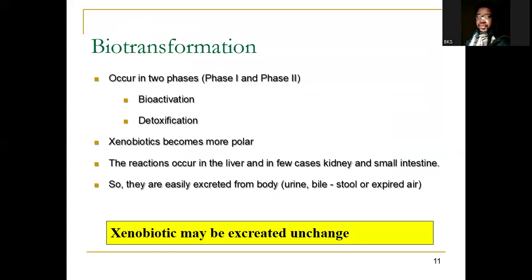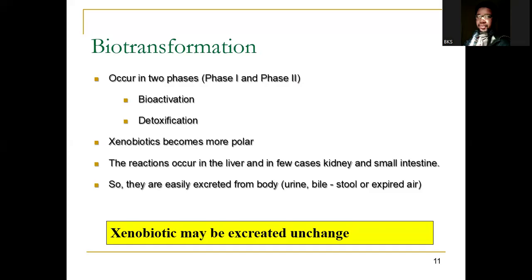So then we will talk about the biotransformation. Remember, I said we will see through the absorption, distribution, and metabolism. So in biotransformation, the aim of the biotransformation is, basically, the main thing about